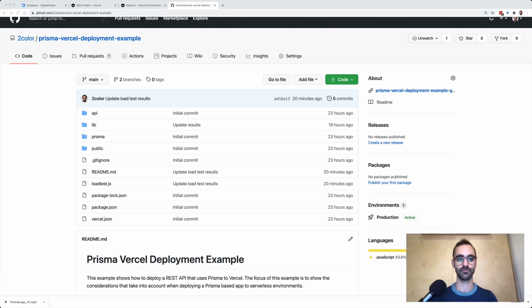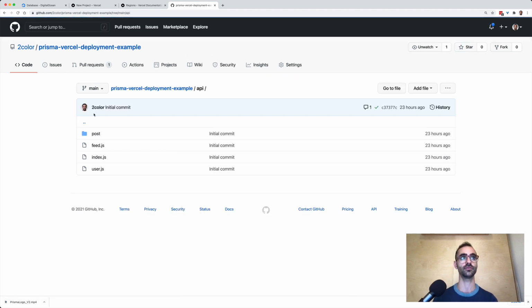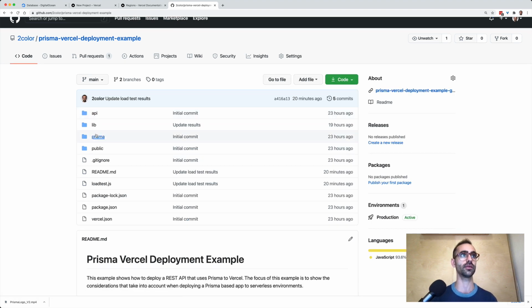Let's get started. So here I have the repository which we're going to deploy to Vercel. Let's take a look at the structure of this repository. So we have this API folder, and this is the convention when deploying to Vercel, that you have this API folder that contains the serverless functions. And so here I've defined a couple of serverless functions, but before we get into that, let's take a look